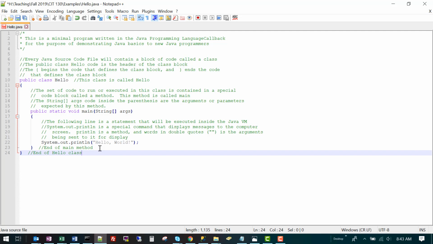Now you'll notice that the commenting part of the code is about twice as large as the actual executable or run code.